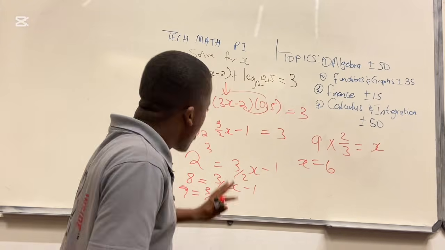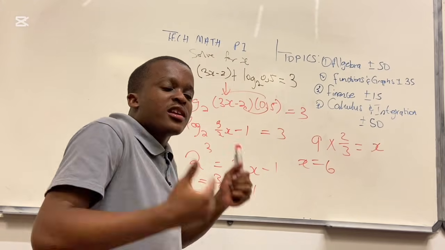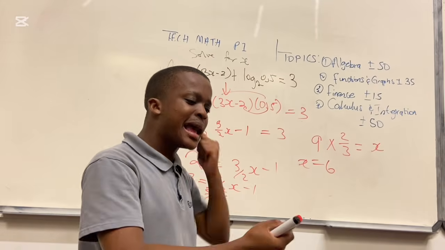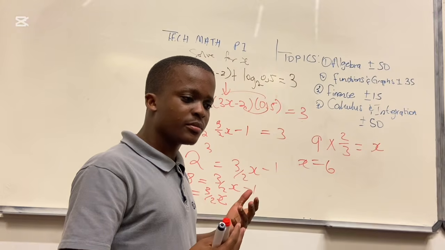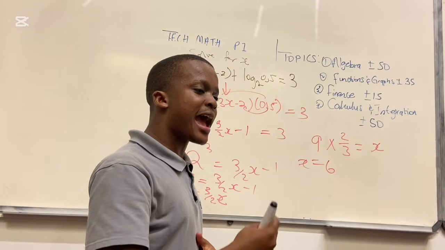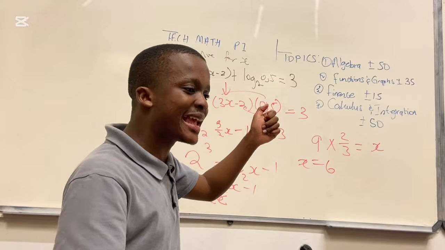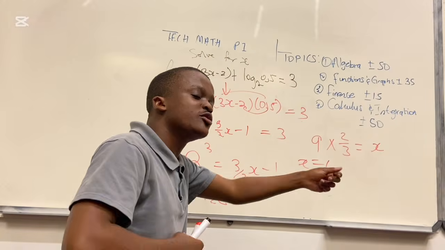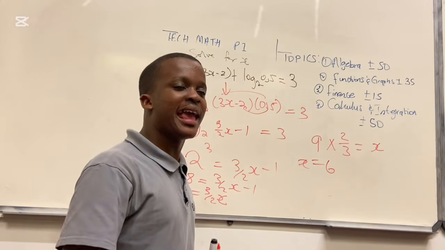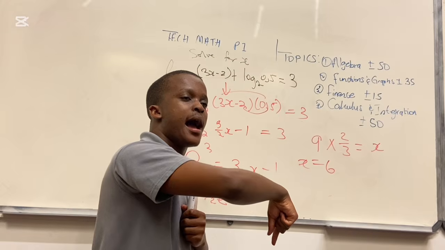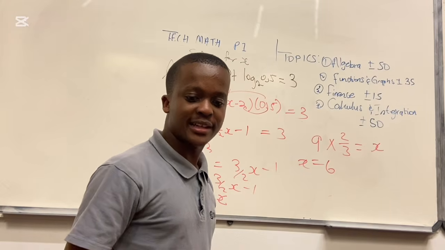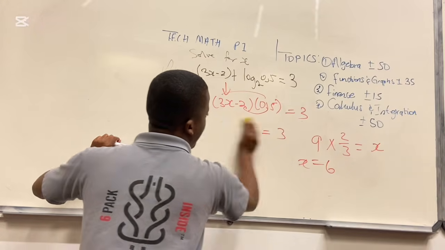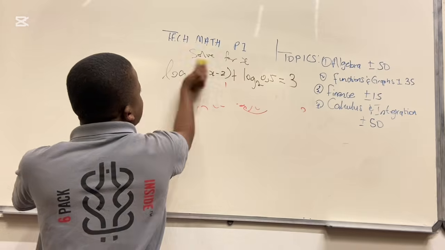We used what we know from the properties. That's why I said it's very, very important to understand the properties. Just sing this, go with me, and repeat this twice. If it takes you five times, repeat five times. Addition gives me multiplication. Multiplication gives me addition. Subtraction gives me division. Division gives me subtraction. If we have an exponent, it goes to the coefficient. Yes. Now, that was your logs.